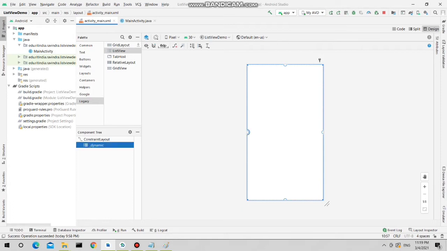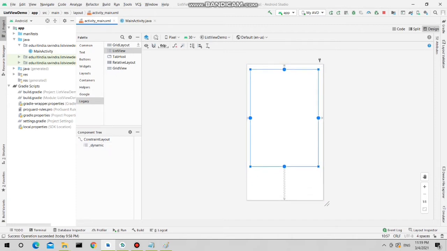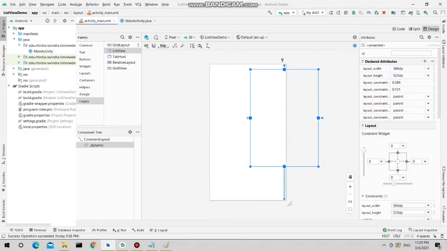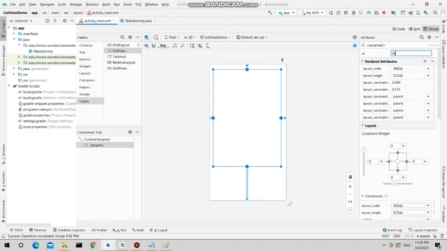Just set the constraints. So this is your list view. Now just set the ID. By default the ID is underscore dynamic, so I am setting that ID to list view 1.